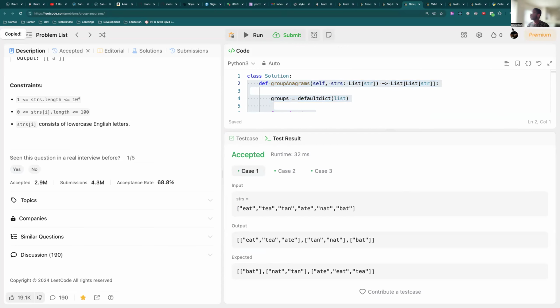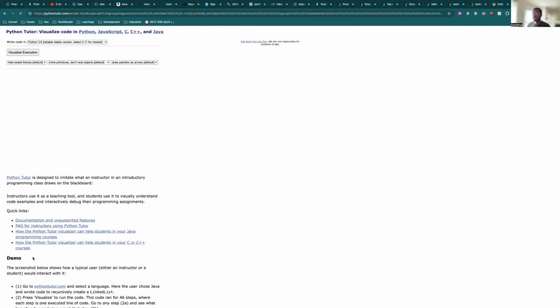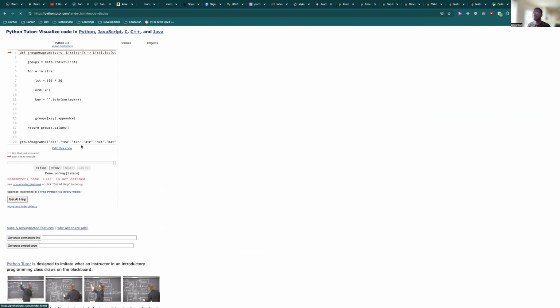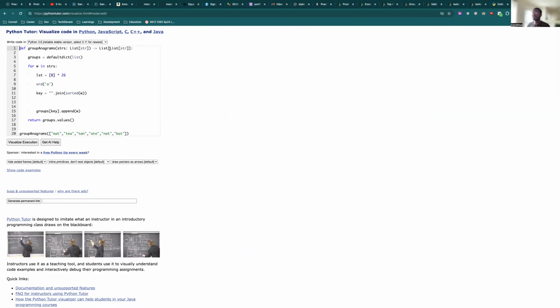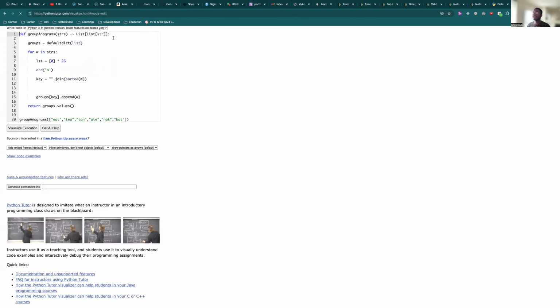There's even a copy button here, just click it. And then let's call it group anagrams, but that's a long word. Okay, then click visualize. Let's clean up these things. This is still using some old Python 3 version, so just clean up these signatures. You can import them, but it's using Python 3.6. If you use 3.1, it probably should work. Forget it, let's just clean it. I think 3.1 is actually a lowercase l.